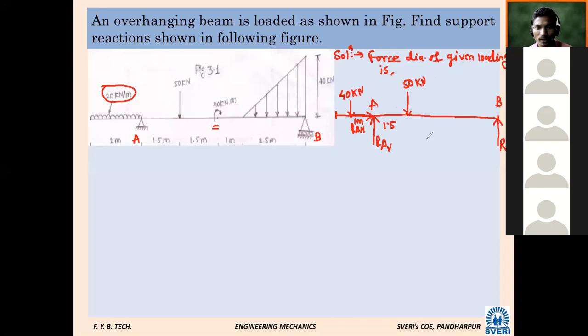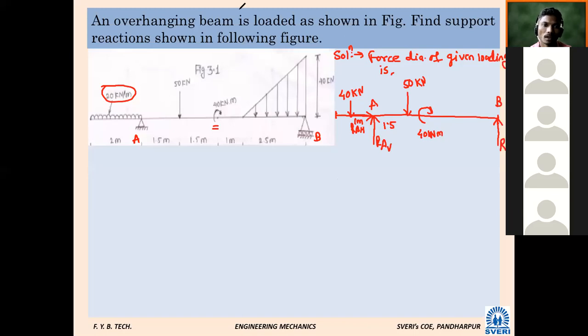Then the moment is given as it is. While calculating the moment equation, are you going to take positive or negative for this 40 kilonewton? Plus, because it is clockwise. Now the most important thing: how to convert this load into